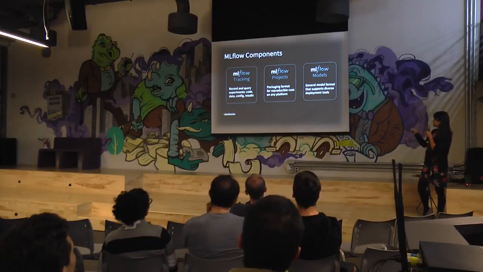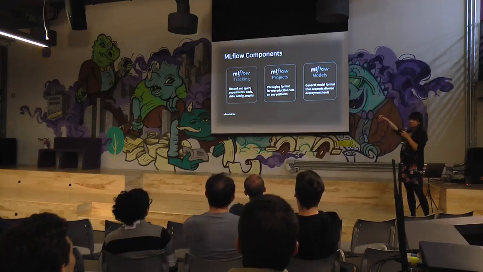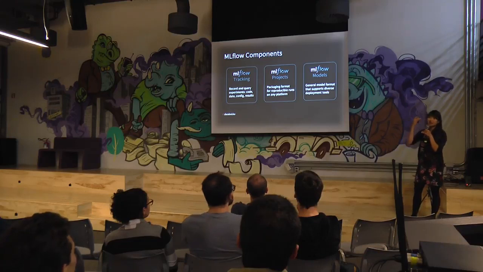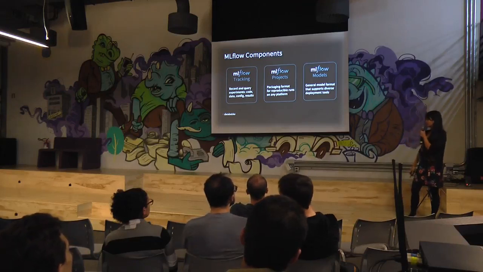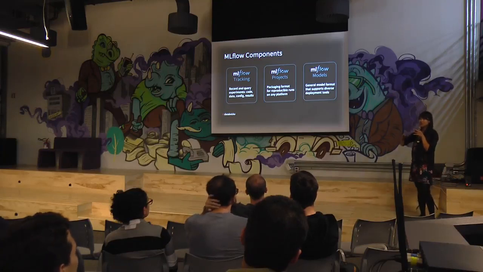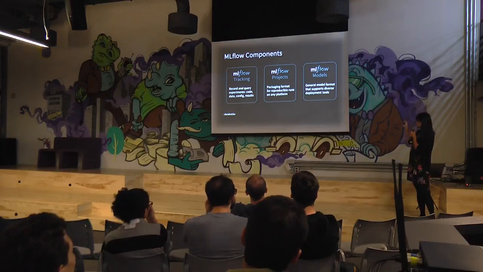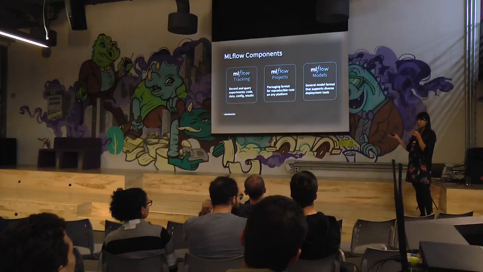So looking into individual components, MLflow tracking, which is really for you to record what data set you use, what algorithm you use, what version, what library version dependencies, which is usually a nightmare, and also the results of all your ML models. Projects is kind of like packaging that up so that you can deploy the same thing into production really easily. And models, which is how do you integrate your packaged model into your deployment workflow.